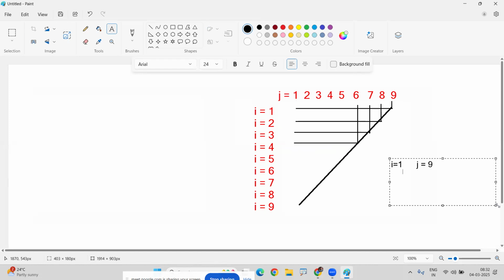When i value is 2, j value is 8. When i value is 3, j value is 7. j value is 7. So here we are just